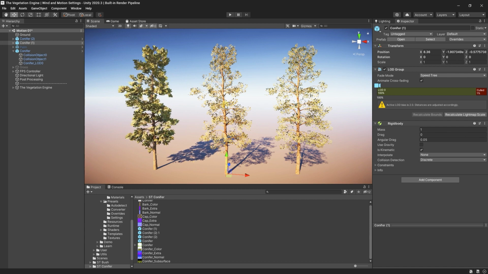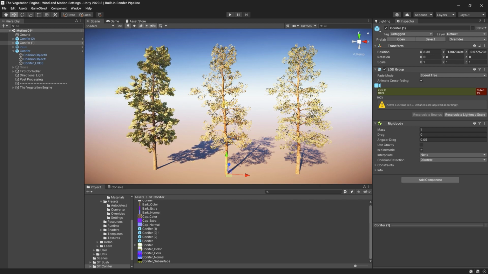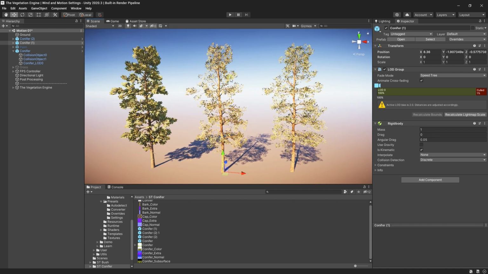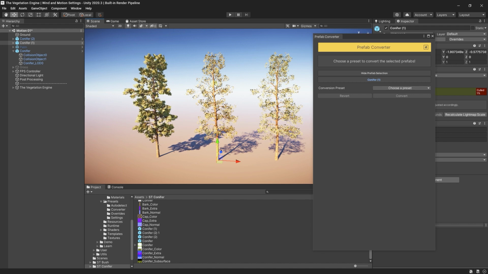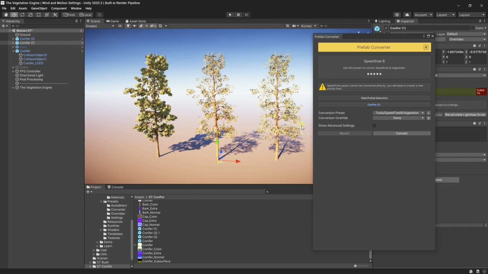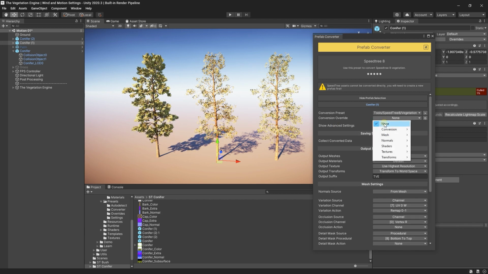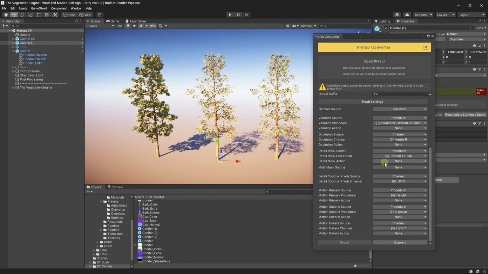If you use the automatic presets, you might have seen that the branches are disconnecting. That's because on conversion, a procedural variation is added, and that is not super accurate in some cases. So instead of using some new meshes, I will reconvert this conifer, but I will override the mesh settings. Instead of using an automatic preset, I will choose the Speedtree preset again because I don't want to lose the textures, but I will use this override to use the automatic conifer masks. And now my mesh settings are changing, a procedural variation is added. And now if I convert